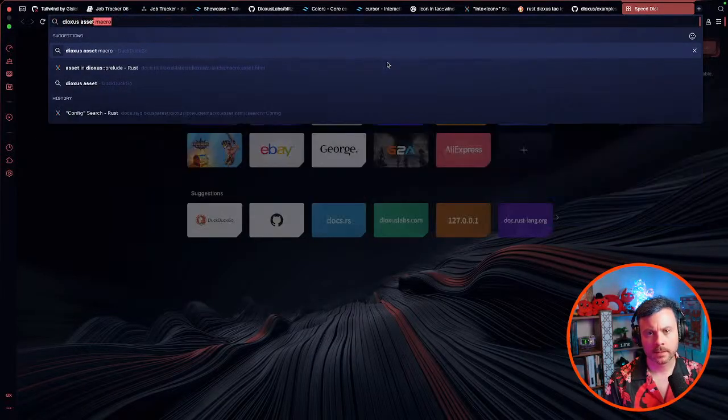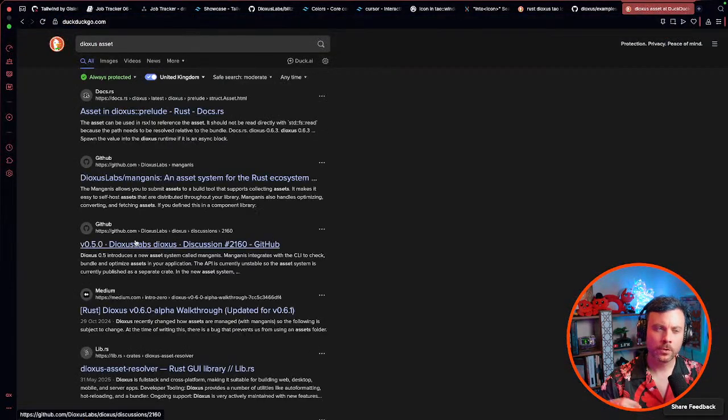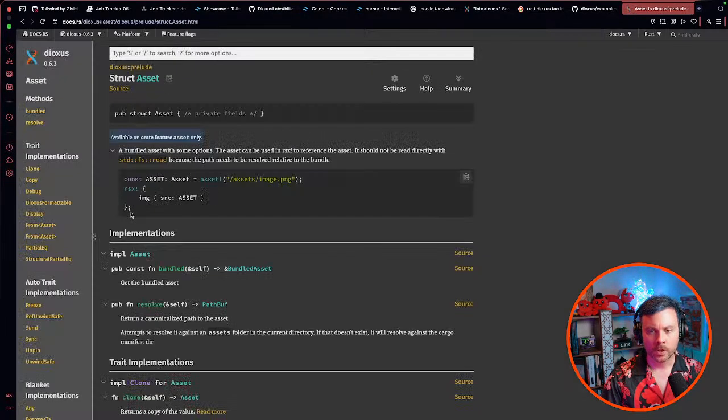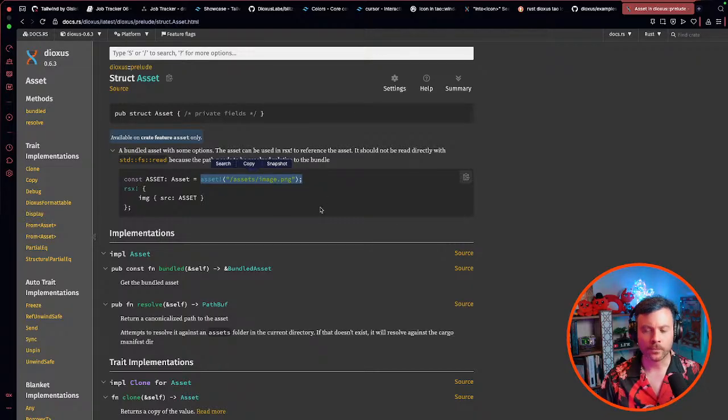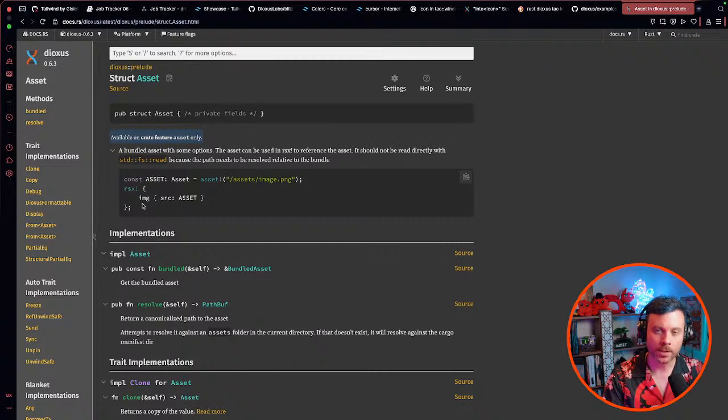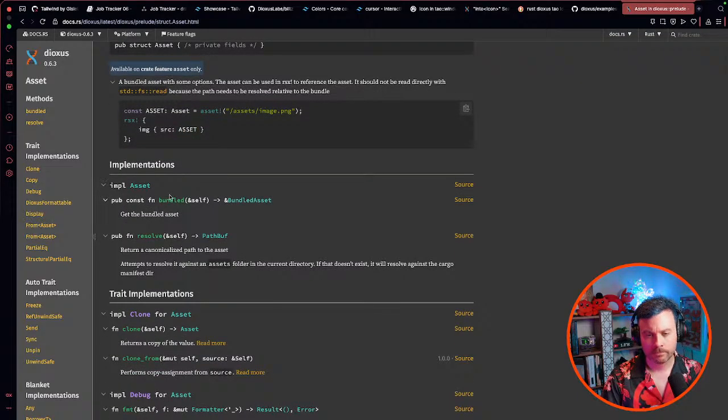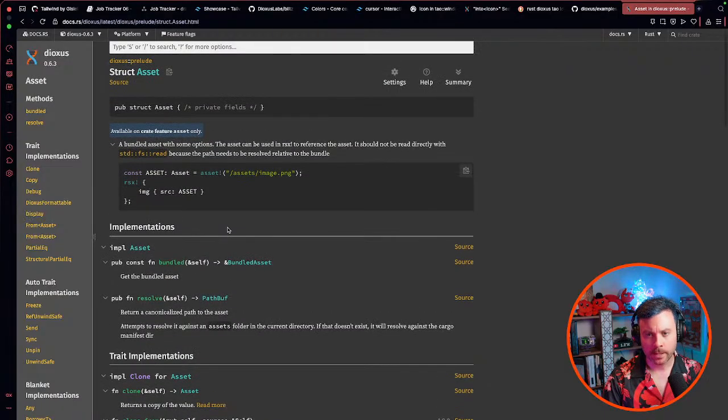Dioxys asset. A lot of stuff, when you load stuff in Dioxys, it wants you to use the assets macro. The reason being is that this allows it to bundle things together in sensible ways for different types of application, depending on what you're building. So particularly important if you're building something that could be desktop, mobile, web, all those sorts of things. Now, the actual thing that it gives us back, though,